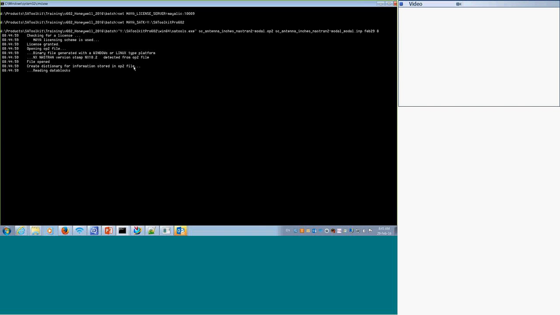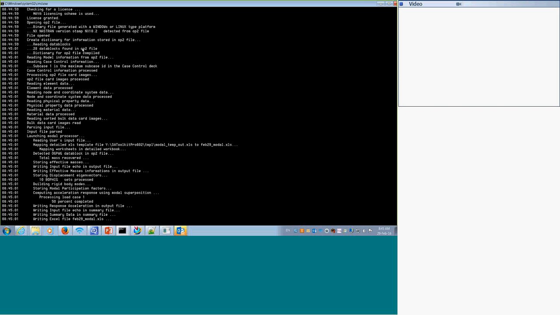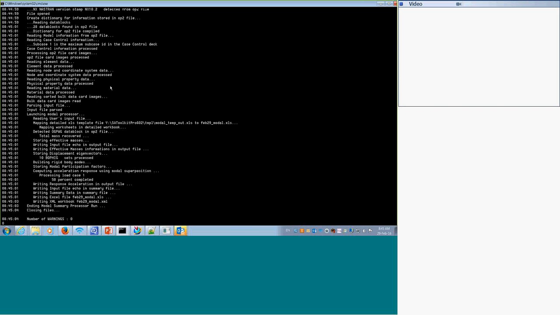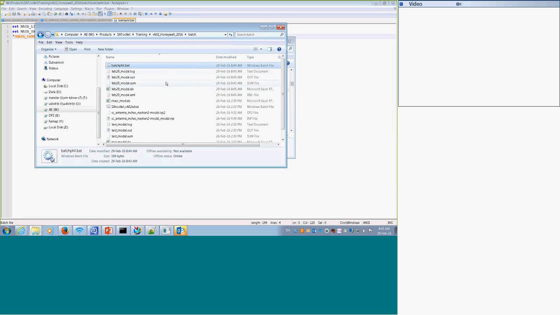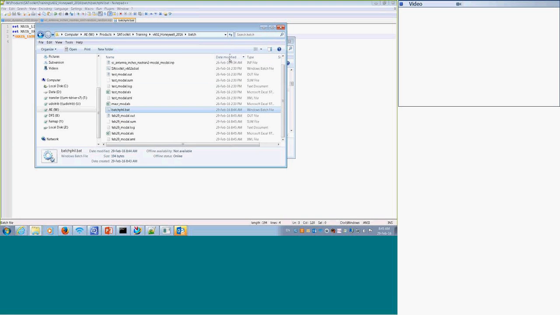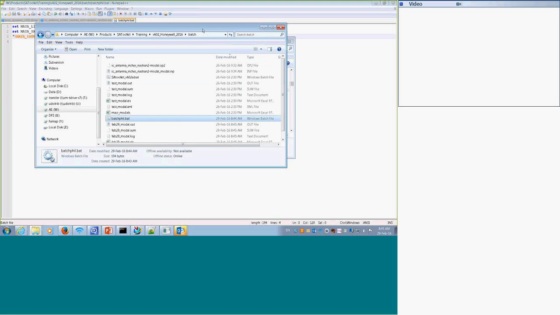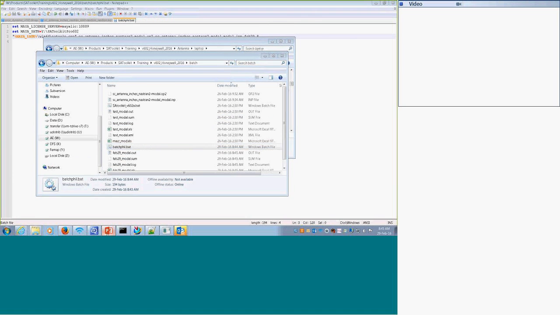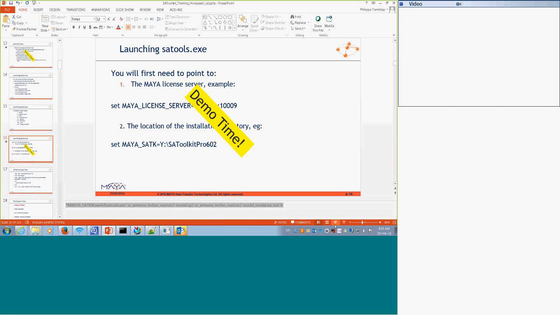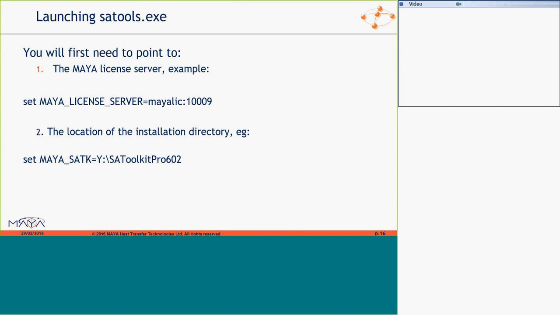So this is the equivalent of what you see in the log file, basically. I run the processor here, the modal processor. Is that clear?